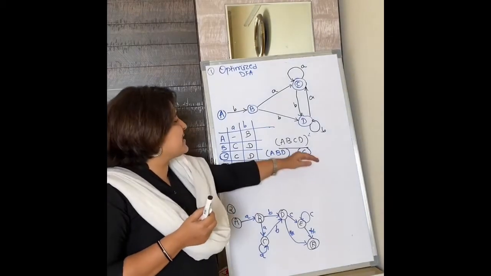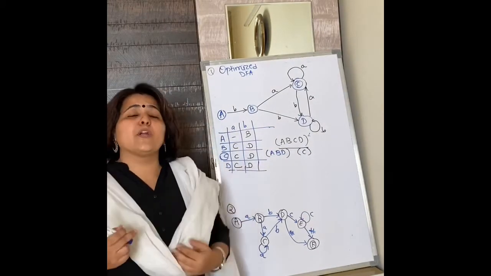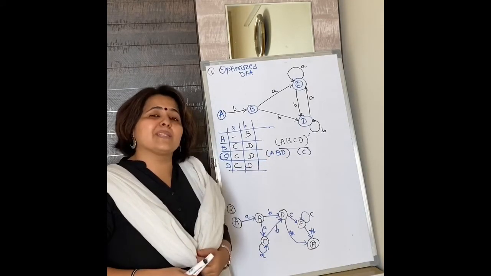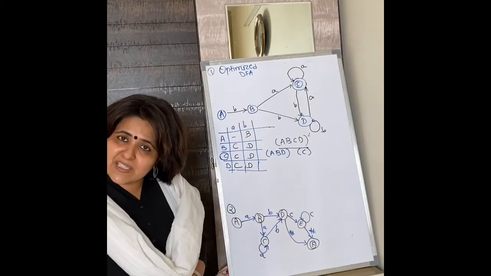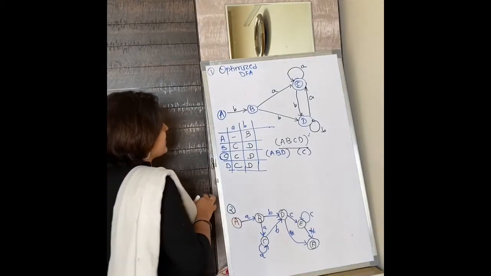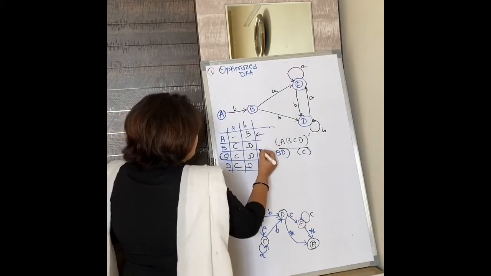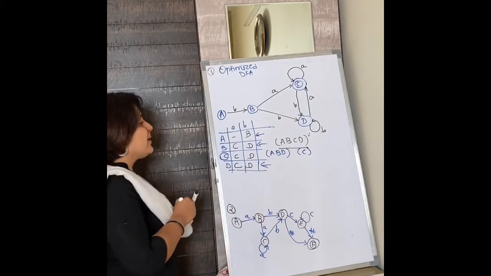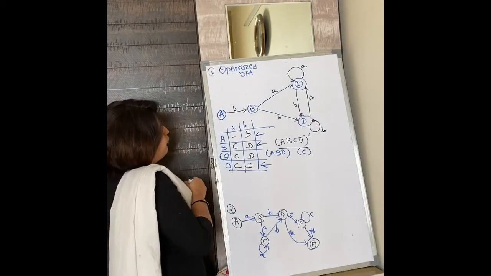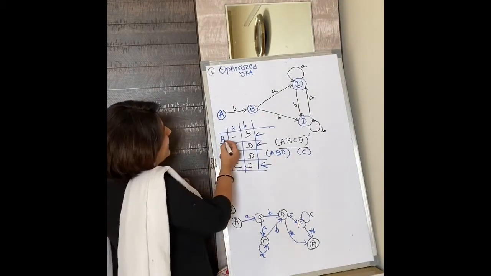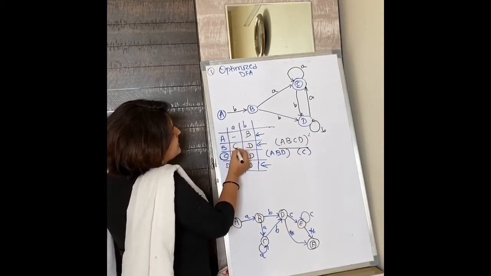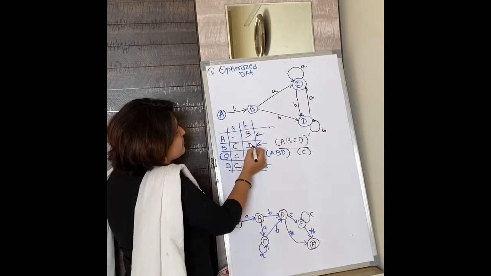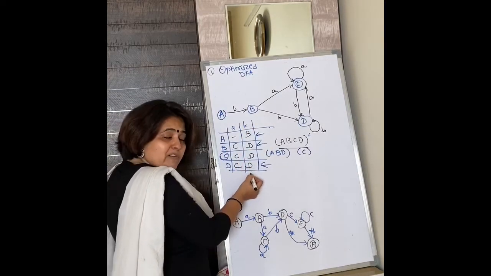Now see, C itself is a single member of its group, so it cannot be further minimized. But there are three members over here, so we can minimize that. For that we have to observe whether they convey the same information. If you observe these 3 sets A, B and D, what you have to observe is that from the same set, if you input the same input symbol, the same set should result. Are you getting what I am trying to say?